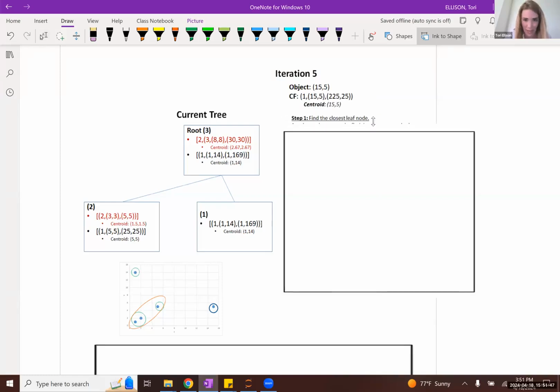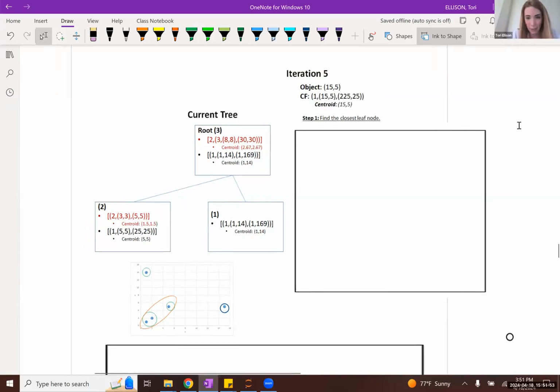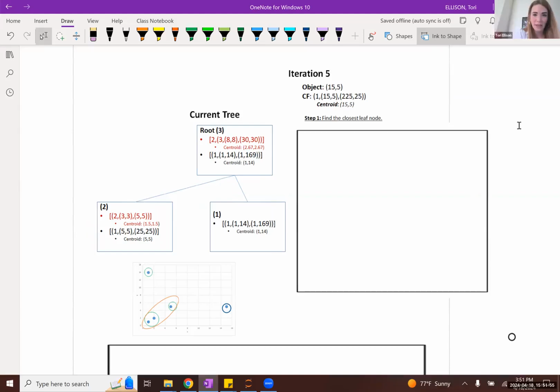Okay. And next, what we want to do is find the closest leaf node to this incoming subcluster. So we would evaluate which of the cluster centroids are closest to the centroid of this incoming subcluster.